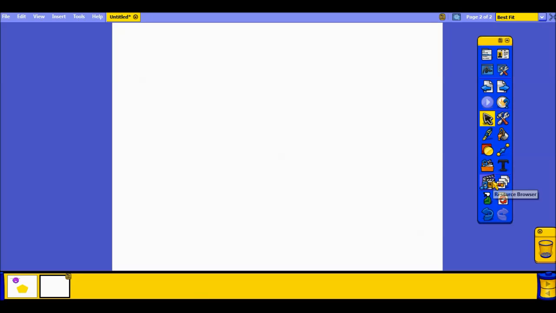The next step is to add other images. There are two different ways to do this. If I have a picture that's on my computer, I may choose this icon, which looks more like a folder, and when I hover over it, it says insert media from file. So I click on that,